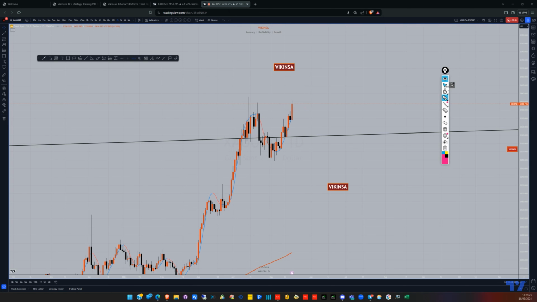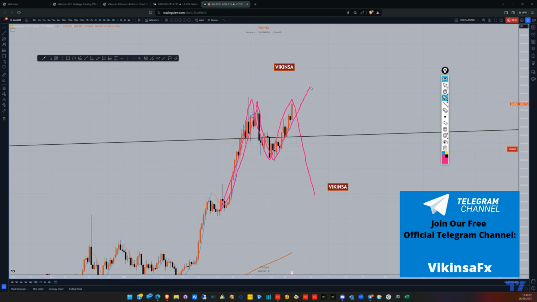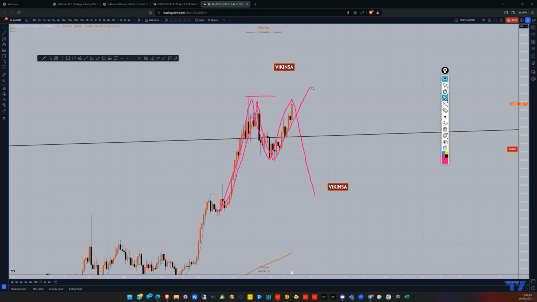Now, one of the scenarios that I will also mention is that, as I said, we have this possibility of forming an M pattern. Okay. Now this M pattern can also form in a little different way, which I posted about on Bitcoin as well a couple of years ago, and that's where the Bitcoin started to fall from 67,000 to 15,000. And that video is there, and you'll find a link to that in the description or somewhere on the screen as well. So once the market has gone slightly above, like, say, the all-time high, it can form an extended M pattern as well. So there are a few scenarios which are running here.